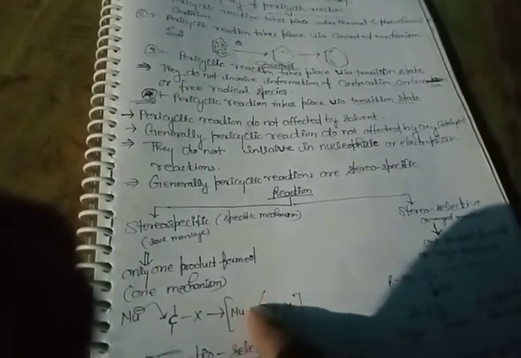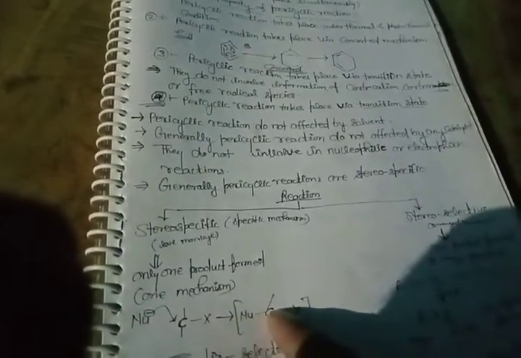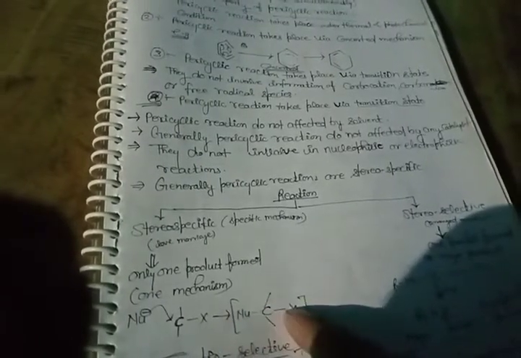It means there is always the possibility of only one product. See here, it is like a love marriage, only one product forms, one mechanism. See here, the nucleophile attacks here in this process, and this nucleophile attaches in a concerted process